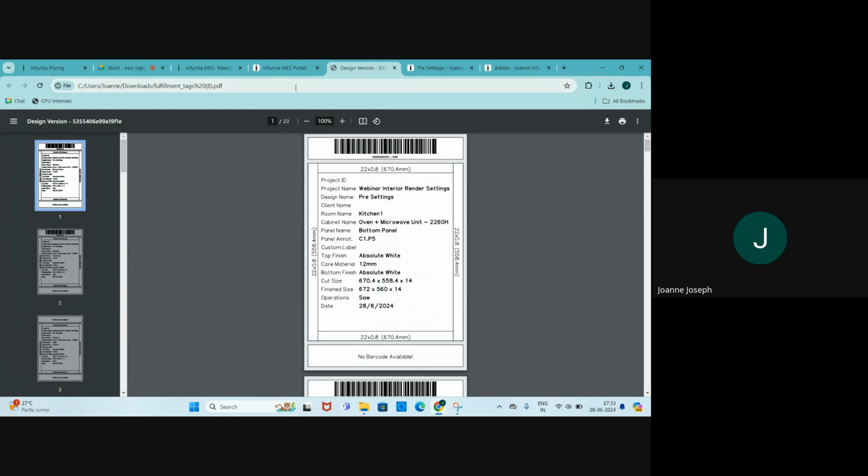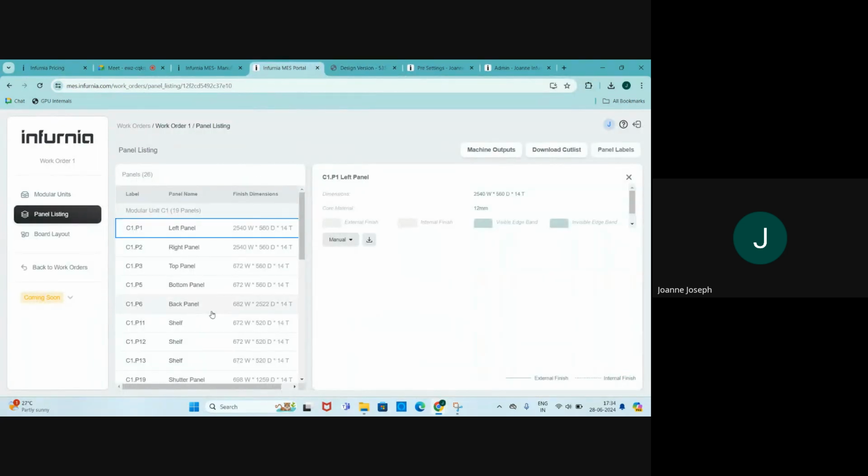So these are the kind of outputs that you can generate. So even for fulfillment tags, you just need the MES Lite add-on. Now, regarding that, I'll just be moving on to the board layout. Now that we have gone over the briefing of how Cutlist can be accessed here, I'll just be going on to the board layout. So in order for it to be enabled,